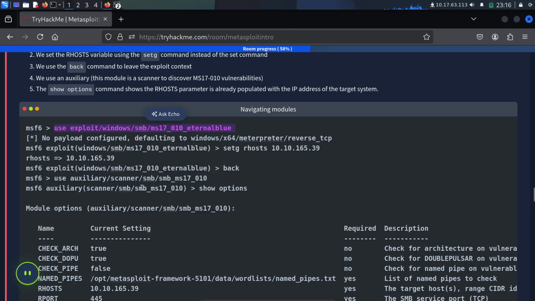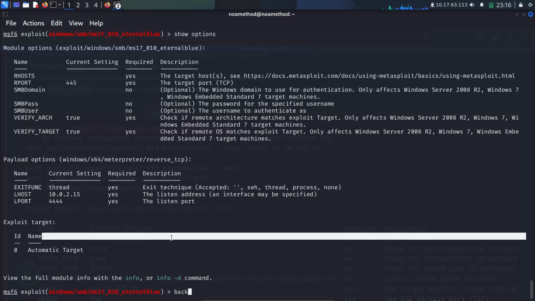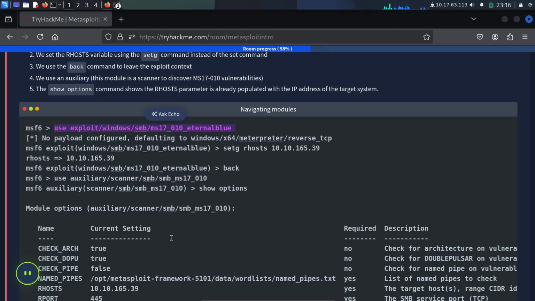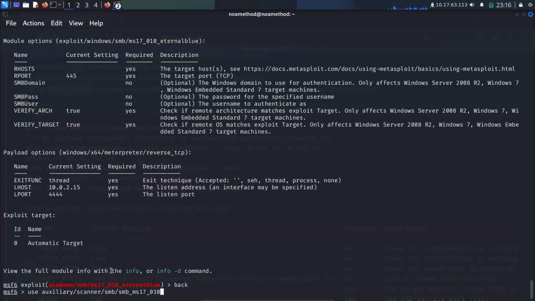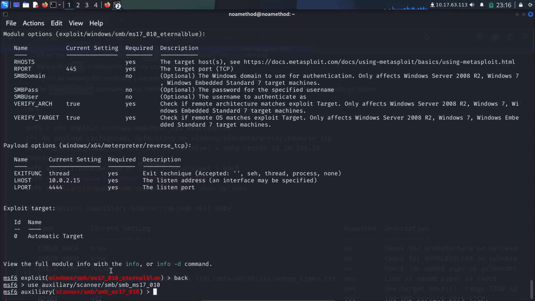Back is auxiliary. Oh, you can use auxiliary. We type back and then use auxiliary scanner SMB. Let's try and then yes, we can do this.